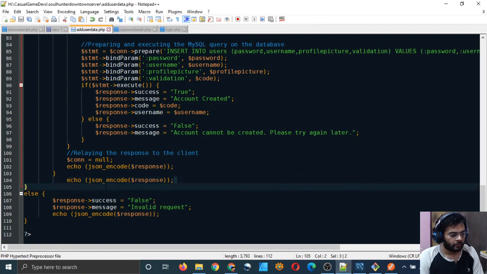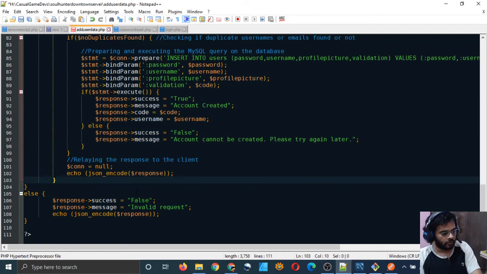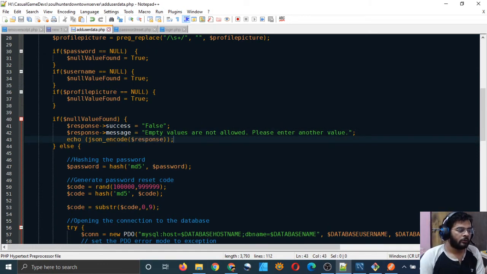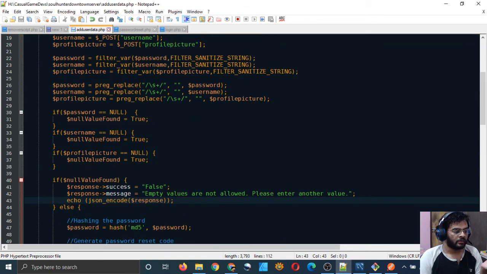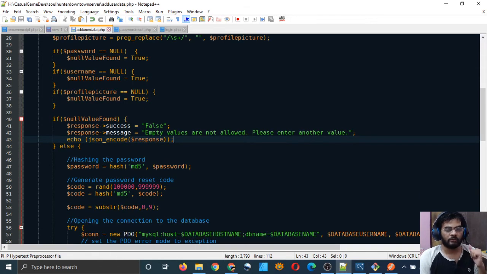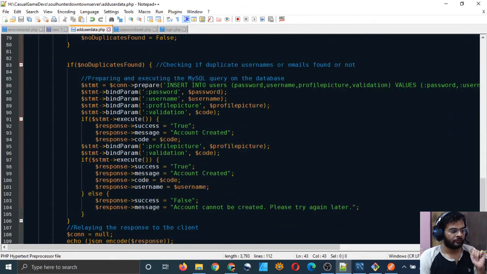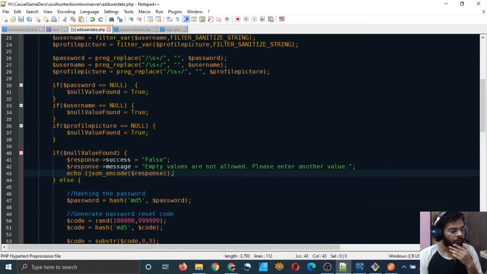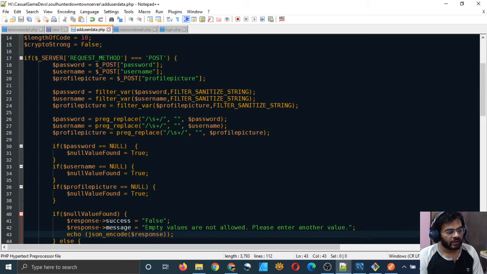And so yeah, I will put this response up there where I found the null values, and from here only the program will terminate simply. If the control reaches this point and if this is true, that is we found null values, then the program will just put some values in the response variable and echo it and just terminate. Nothing else will happen, right? So that's what it is. It was important for us to find null values, and we have to do the same thing in the other two files also.